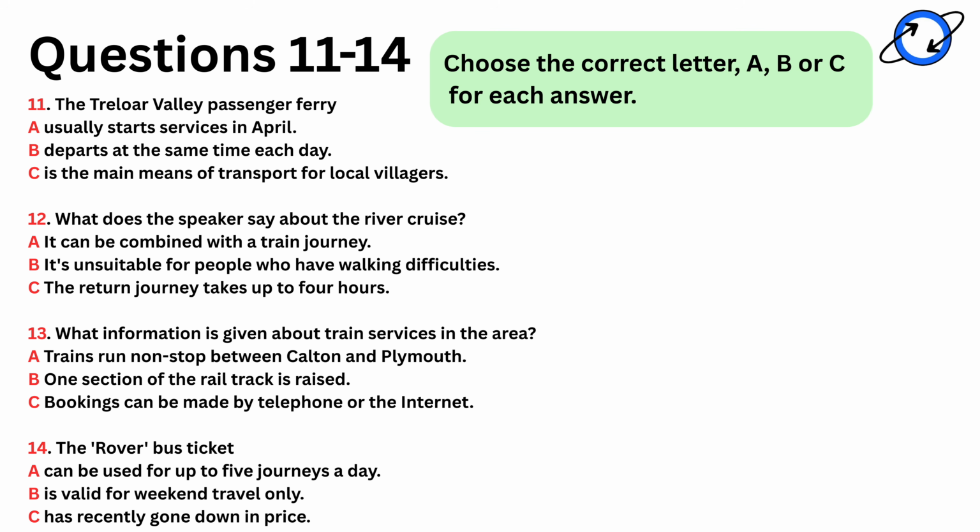The valley and estuary of the River Trillor forms an unspoilt, beautiful landscape, rich in both wildlife and sites of historic interest. There are many ways to explore the area, and public transport links are good. It is possible to leave your car behind and travel by boat, train, or bus, with just short walks in between stops. The Trillor Valley passenger ferry runs between villages along the river estuary and provides a link with a train station at Barry, which is about 10 minutes' walk from the riverside village of Calton.